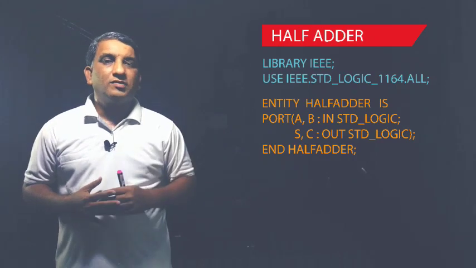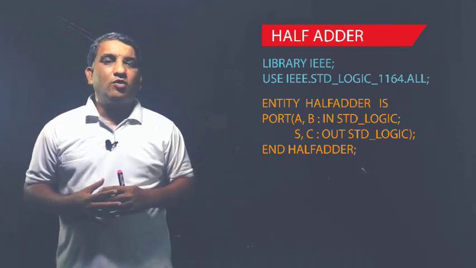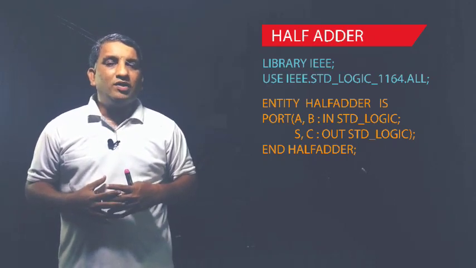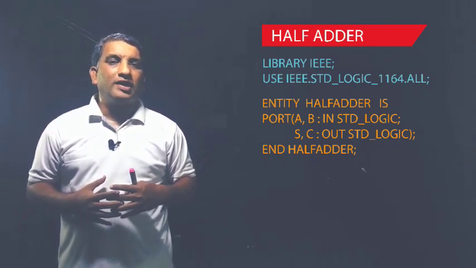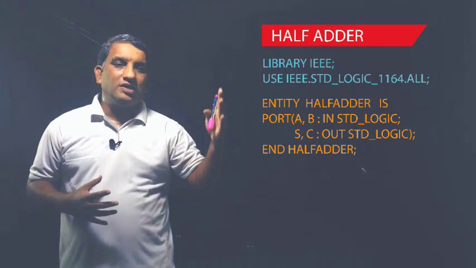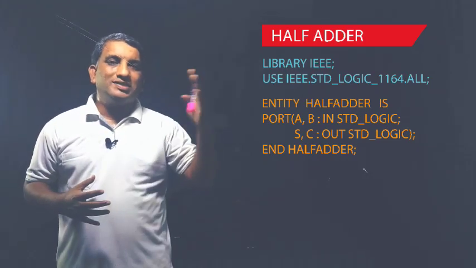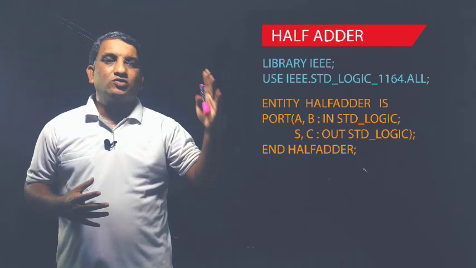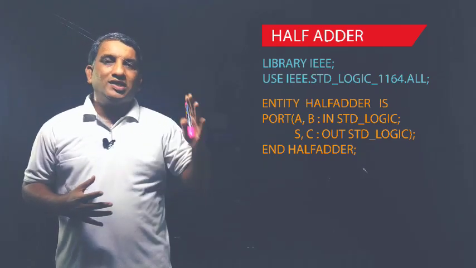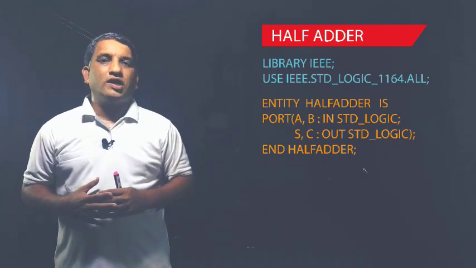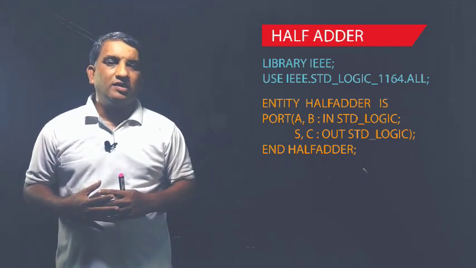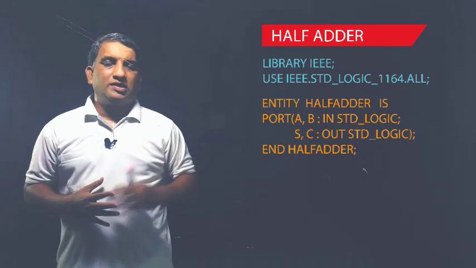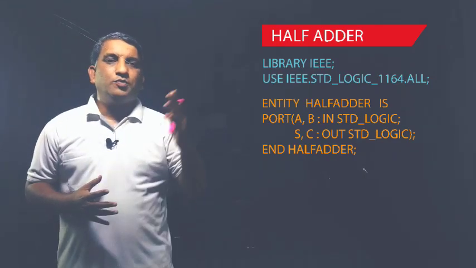Then next is nothing but your data type, the type of data which will appear on this port. So as I have told you, there will be a single bit on port A and B. Either it will be 0 or it will be 1. So this 0 and 1 value is included in the std_logic data type. Instead of this std_logic, you can also write bit, right? But most commonly I will use std_logic. Then I will put semicolon. So input ports are declared.